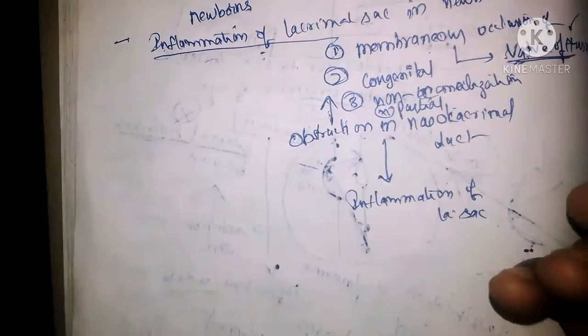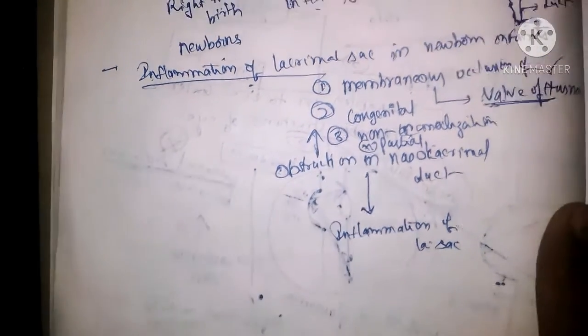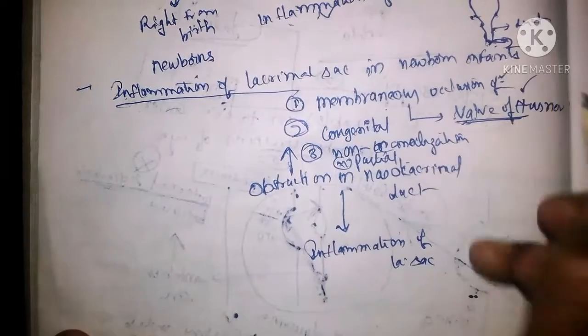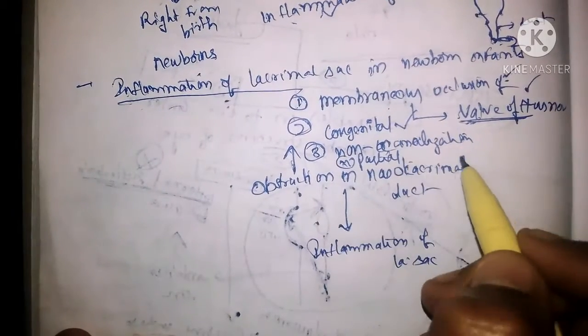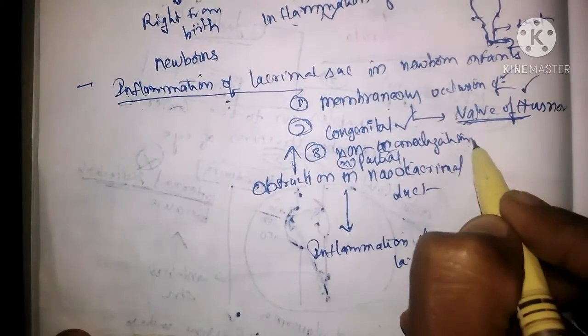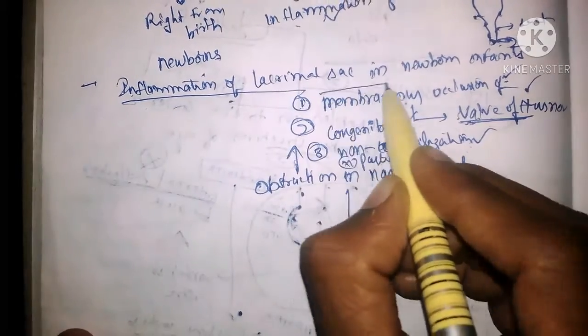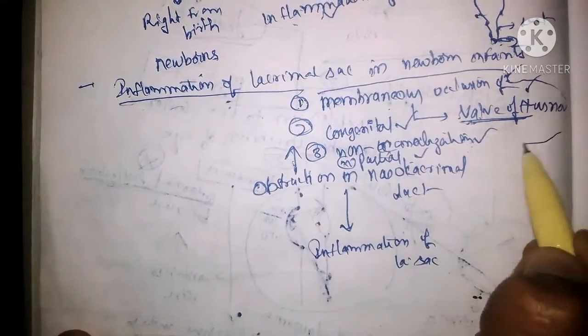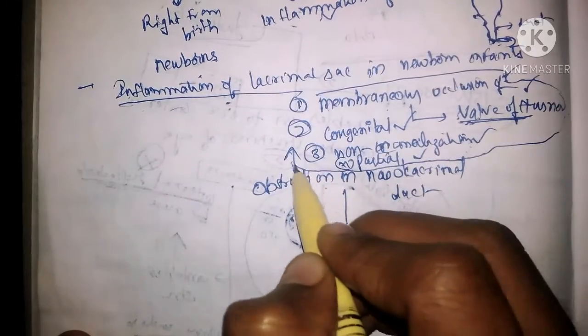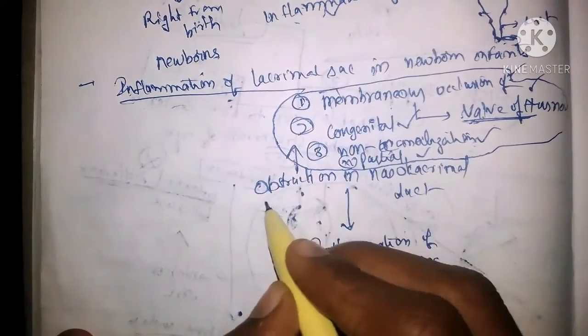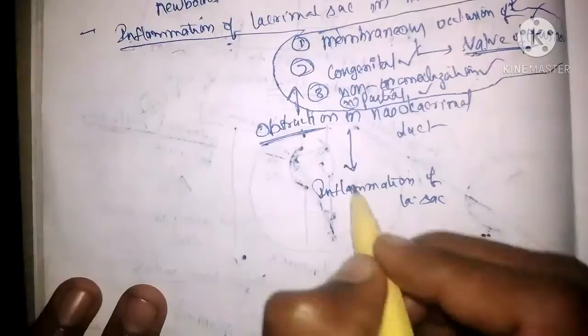Clear? So the reasons are membranous occlusion, congenital block, non-canalization, or partial canalization. All these things are related to the nasolacrimal duct, resulting in obstruction,